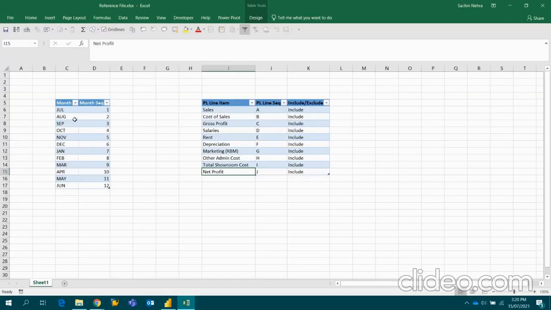One is for your month, for bringing the sequencing of month as per your requirement, and the other is for your P&L line item. So if you see, in front of sales I'm keeping A, and in front of cost of sale I'm keeping B, and so on. So I'll load these two tables in my Power BI, and accordingly based on these separate columns I will give the sequencing of the P&L line item.